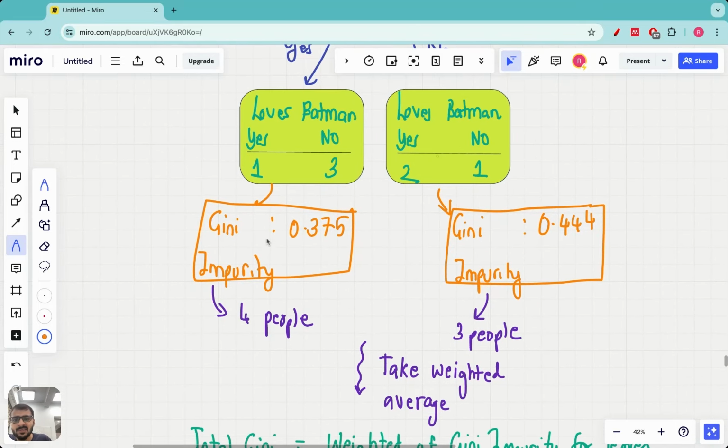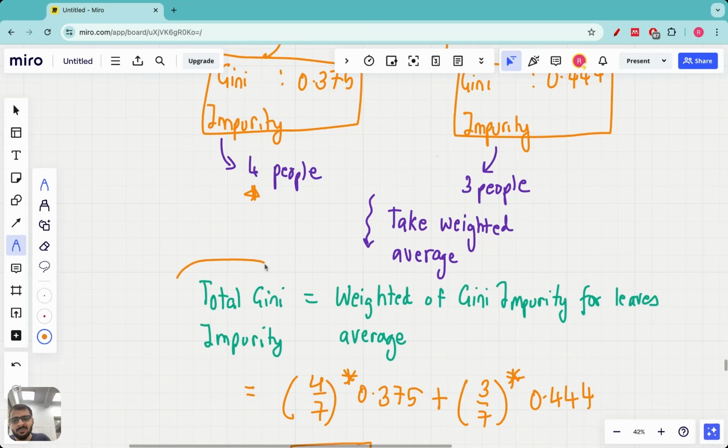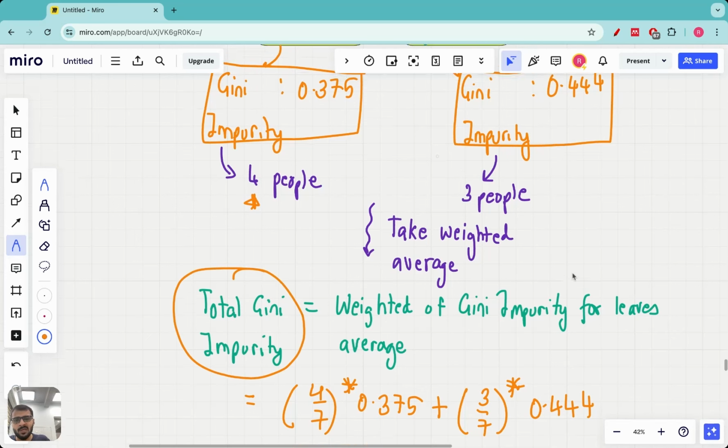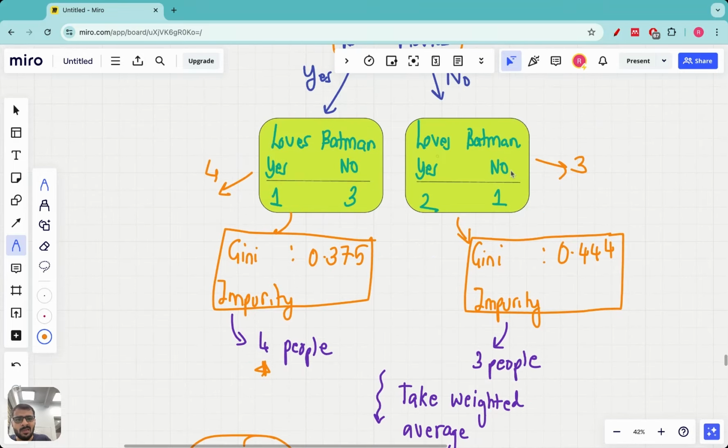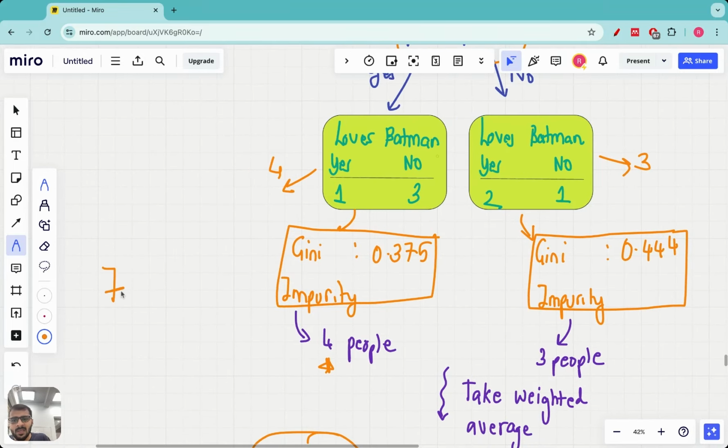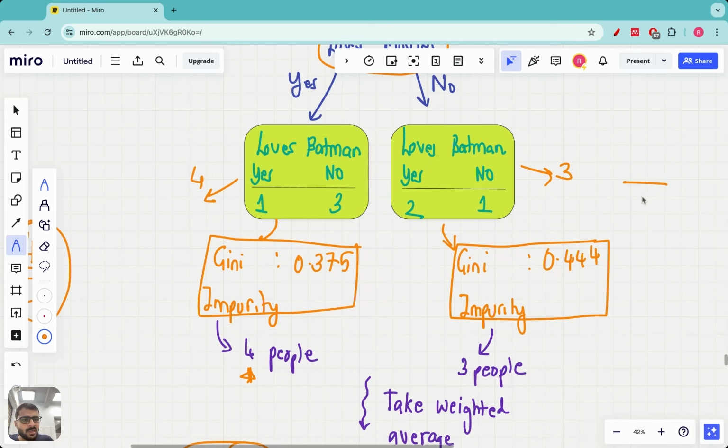So four people have answered for leaf number 1. As I mentioned over here, yes is 1 and no is 3. So there are four people who have answered. In leaf number 2, there are only three people who have answered, 2 yes and 1 no. So to calculate the total Gini impurity, we will take the weighted average of the Gini impurity for both the leaves. So total number of people are 7 and out of those 4 have answered in the first leaf. So the first Gini impurity will be multiplied by 4 by 7